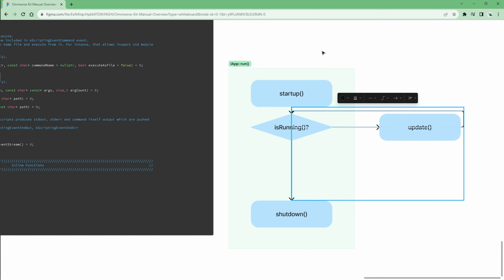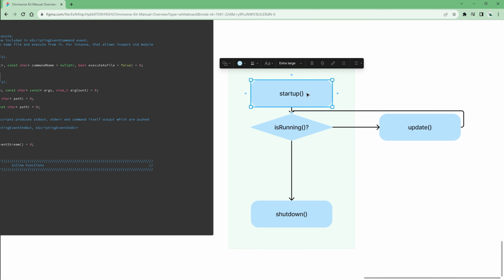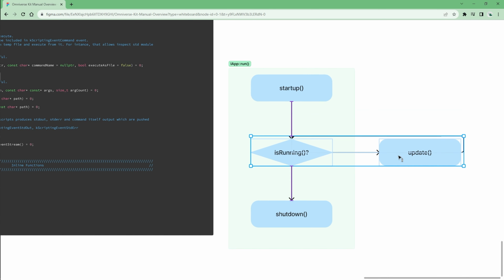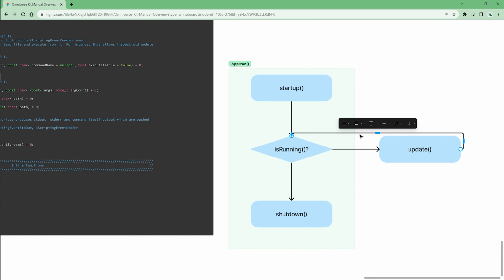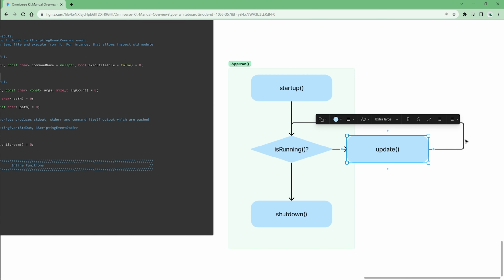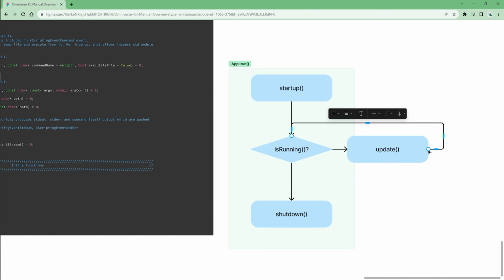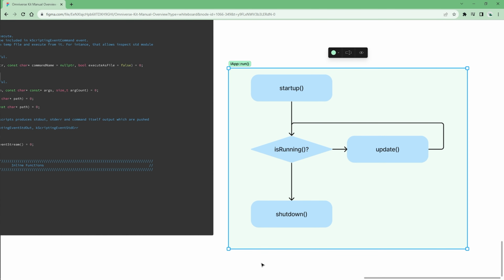Black. All right. And then this could come up higher. Yeah. So we now have this part